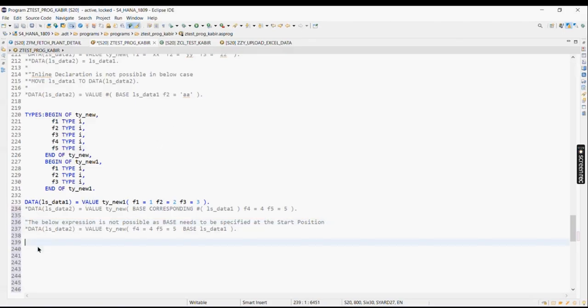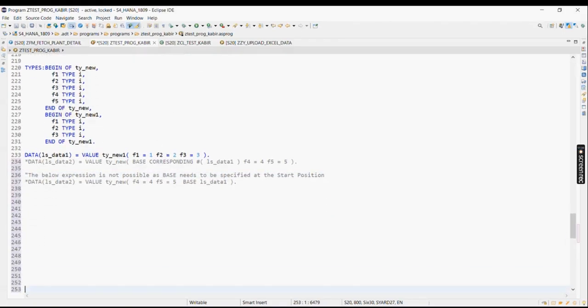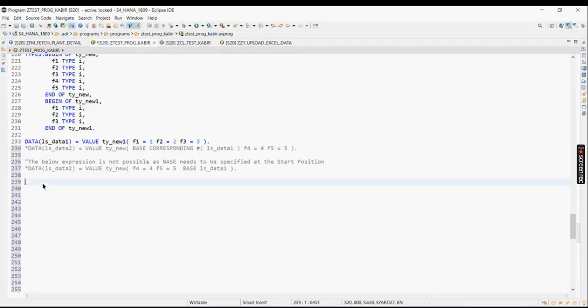Similarly, now let me put it for an internal table. So now, types t_itab, suppose type table of i with empty key, okay, and now